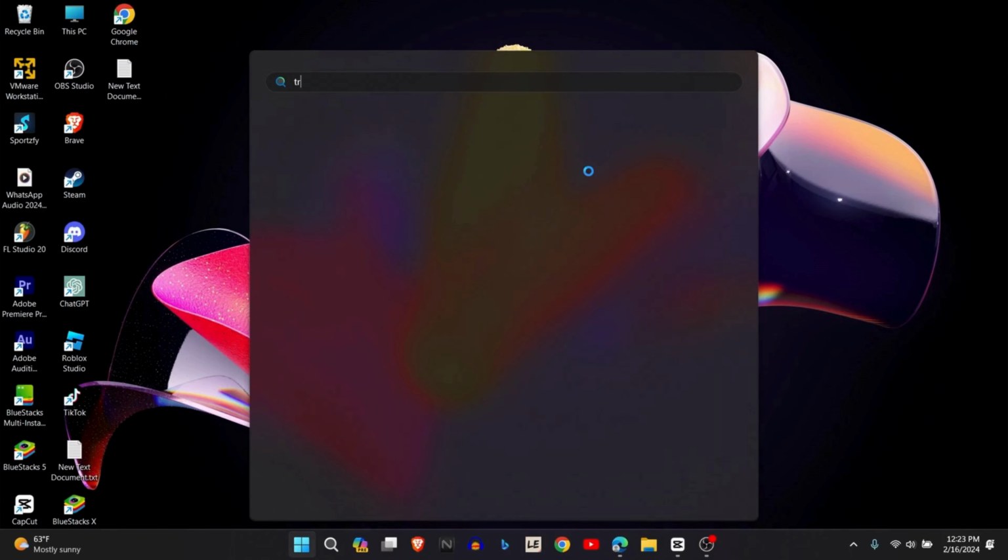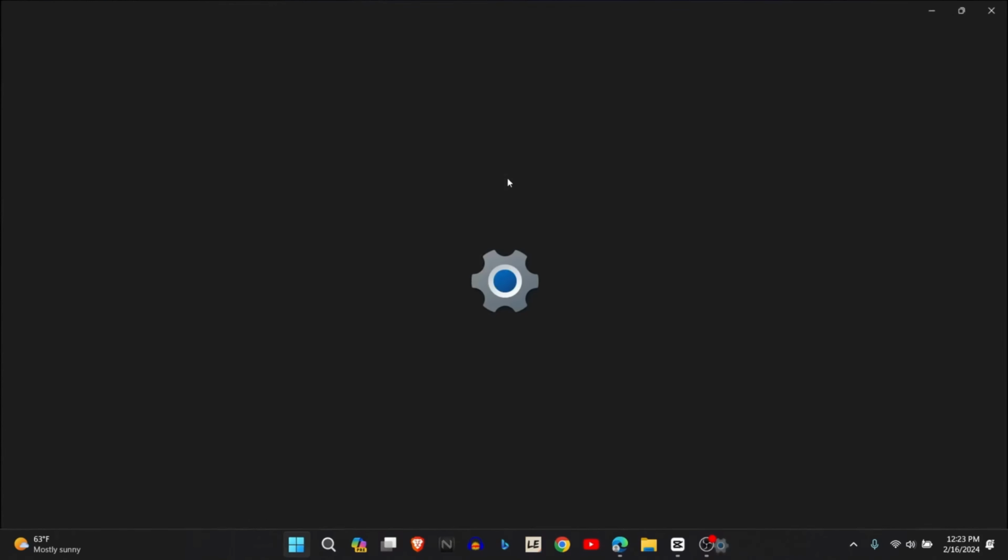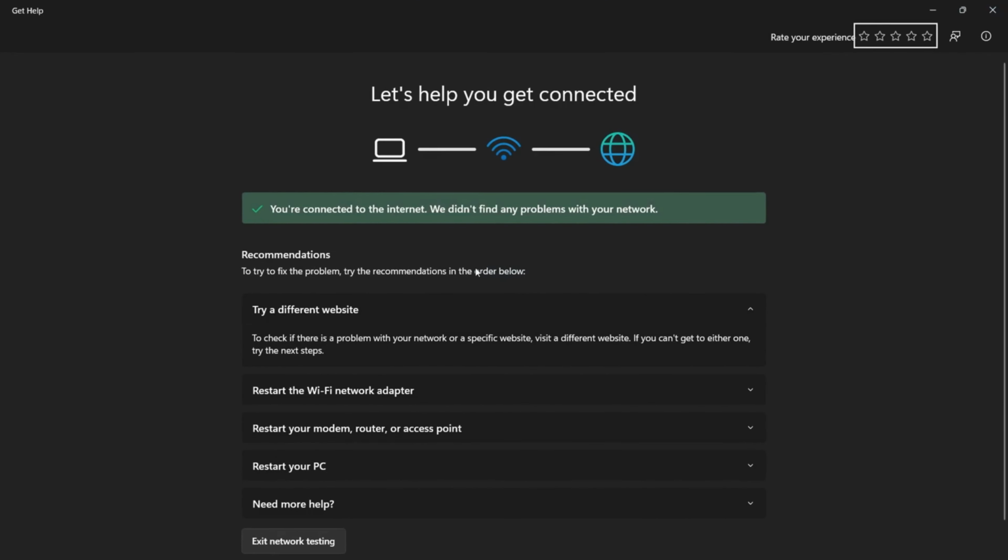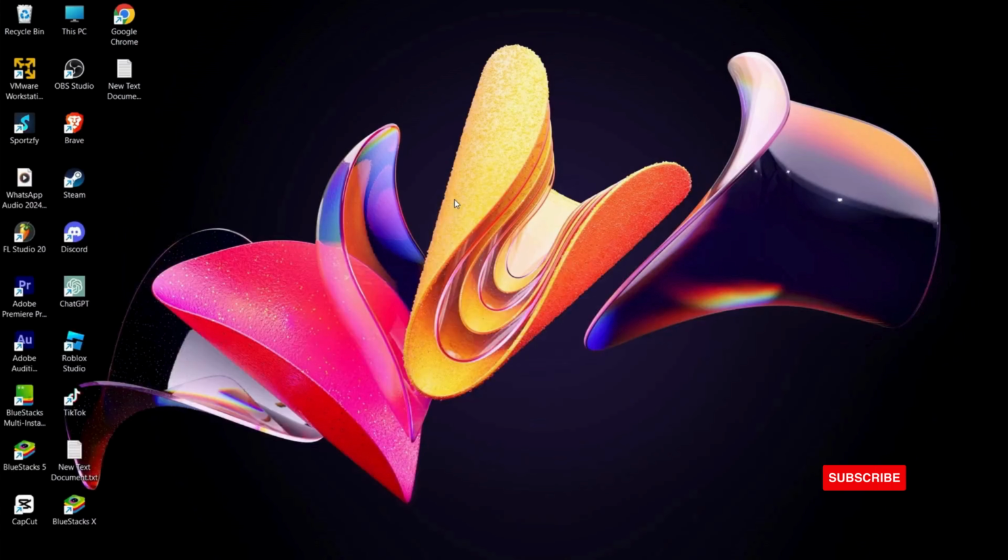Or you can simply go to Troubleshoot Settings and troubleshoot your network and internet, run the troubleshooter, and you will be able to fix your problem. So these are some of the fixes for the "Can't connect to this network" error in